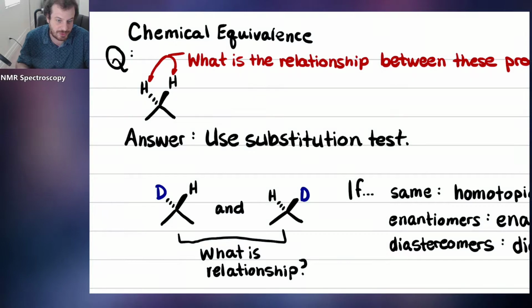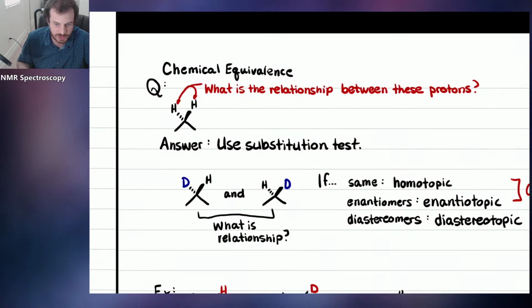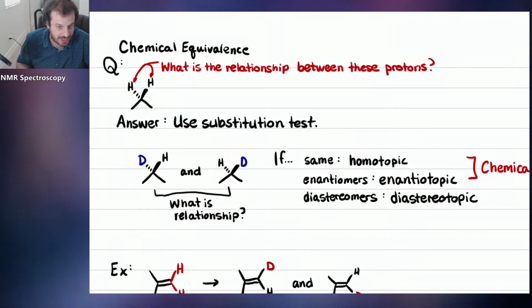There are only three options. Either they're the same compound, in which case the relationship between the protons is said to be homotopic. Or they're enantiomers. If the two compounds you've drawn are enantiomers, the relationship between the protons is said to be enantiotopic. And if the compounds are diastereomers, they are diastereotopic hydrogens. So in this case,